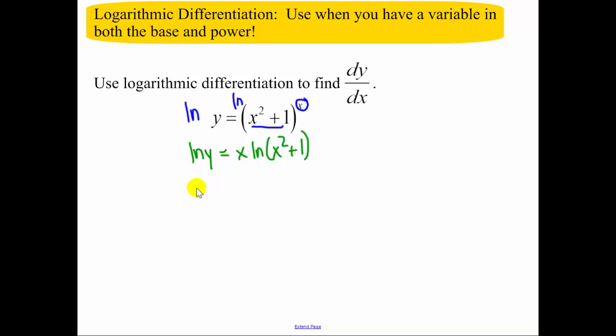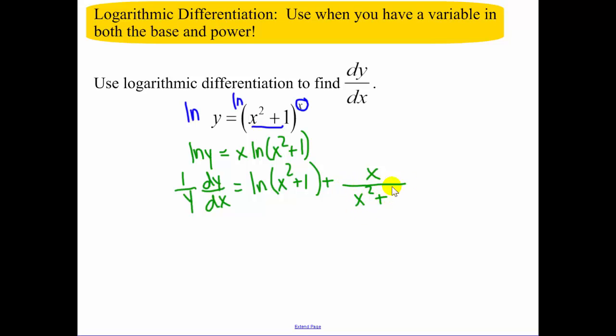So now what I do is I take the derivative like I'm used to. So 1 over y, but don't forget, that's implicit differentiation. Derivative of the first, leave the second alone. We have a product rule. Plus, leaving the first alone, derivative of the second. Now I need to take the derivative of x squared plus 1, so that's 2x. And since I had 2 x's, I multiplied and simplified all in one step. Now we solve for dy/dx. So I multiply both sides by y. So I have the ln